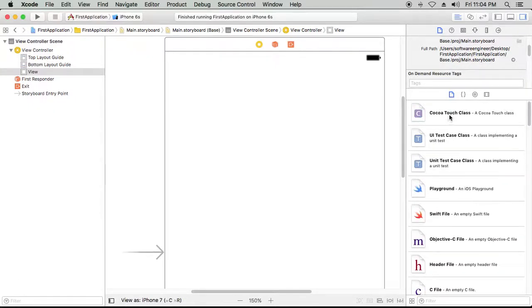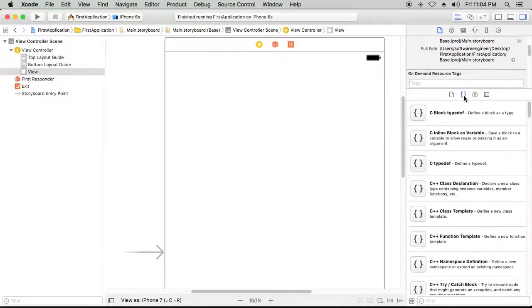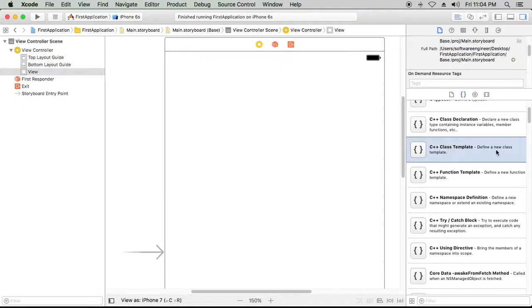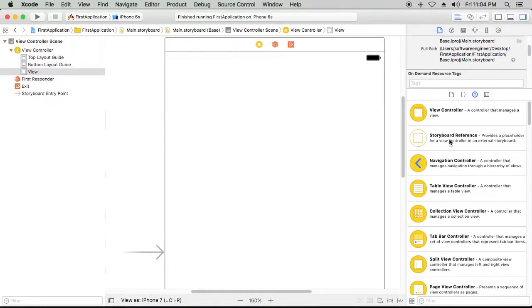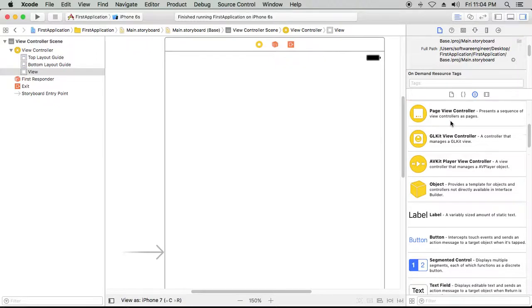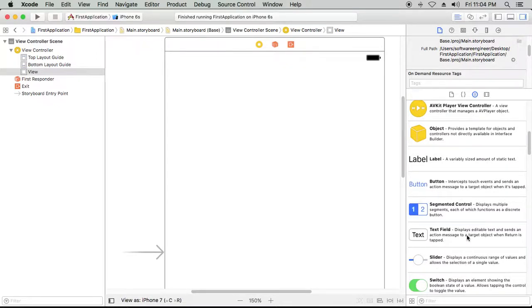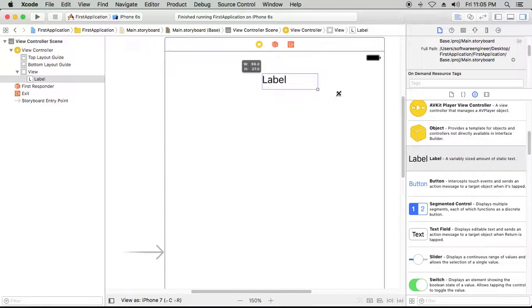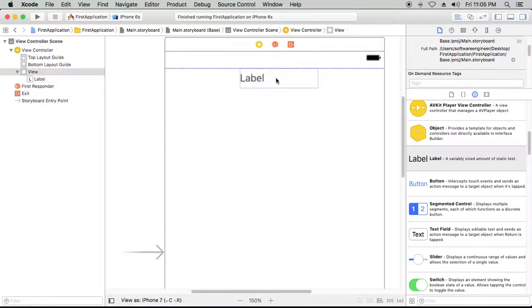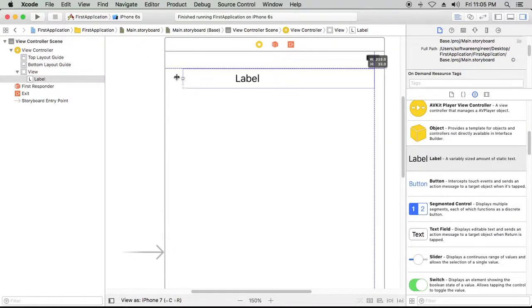You can add a new file by dragging to the folder structure, and here this is template code. And here are the components like label, button, text field, input text. Okay, let me drag